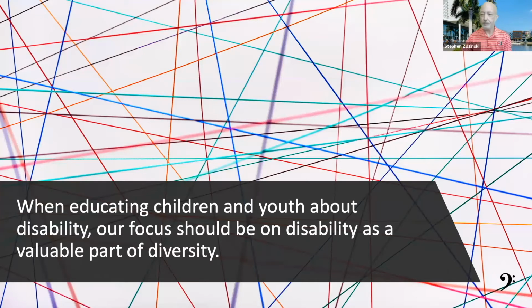So when we're dealing with both culture and learning challenges, diversity and differences are valued rather than dismissed. We want to focus on the disability as a valuable part of their diversity.